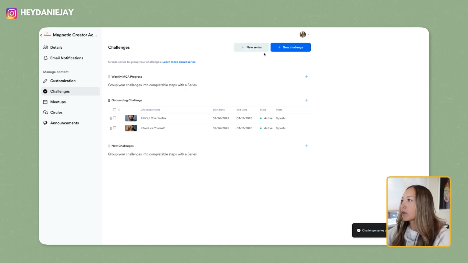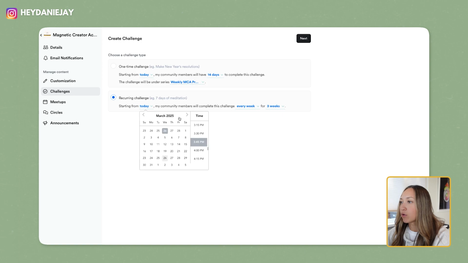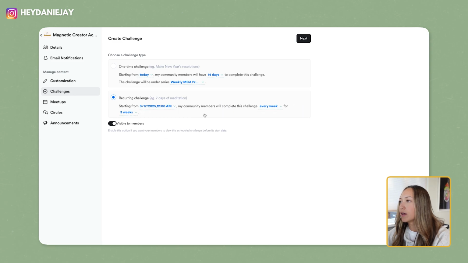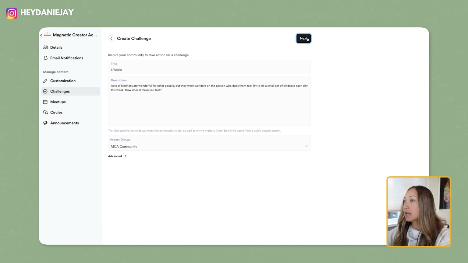Then from here, I could then add in, create a challenge. This would be reoccurring, and it would be starting maybe the day of my course. Let's say it would start on Monday, and it would go from Monday at 12 a.m. every week for 3 weeks, visible to members. I do want to be visible to members. So we have the weeks here too. We can pick every week for 3 weeks, 4 weeks, 5 weeks. My program is like 12 weeks, so I would do 12 weeks, hit next, and then the title will be